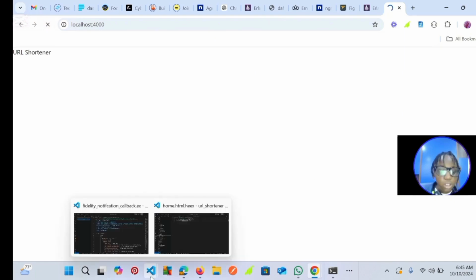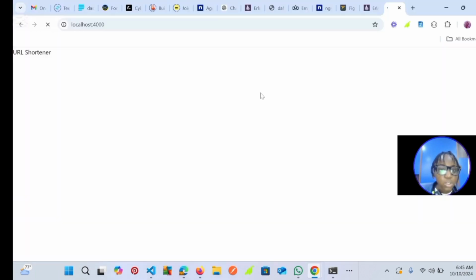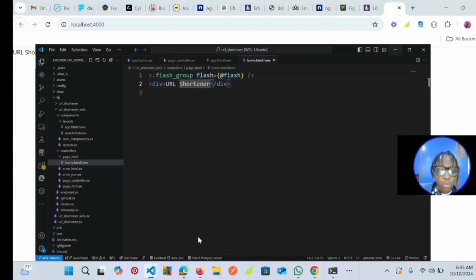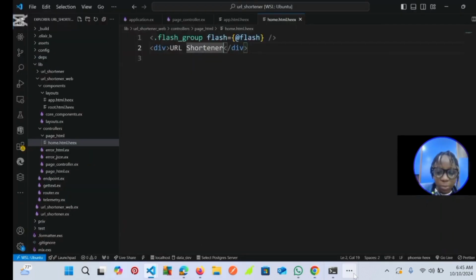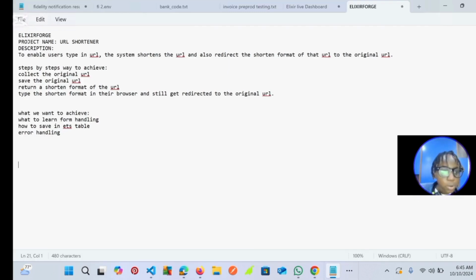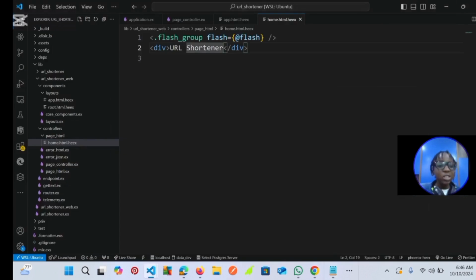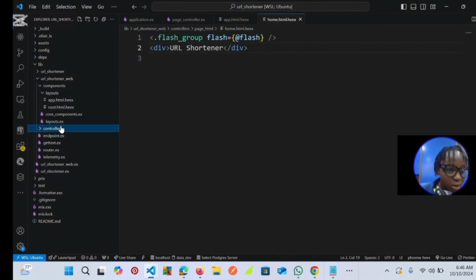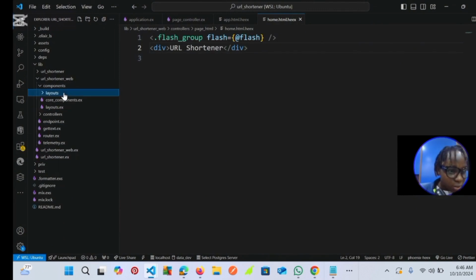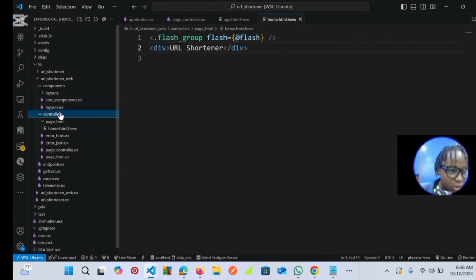So let's see how to begin. First of all, we said we needed a form. We said step by step: collect the original URL, save the original URL, return a format. So for us to save the URL, this is where ETS comes in. So before we do the collect URL, let's start with ETS. Let's get ETS set up. So in our controllers,